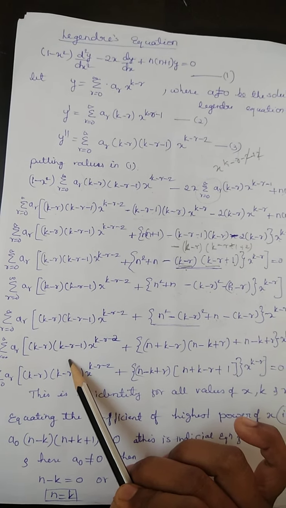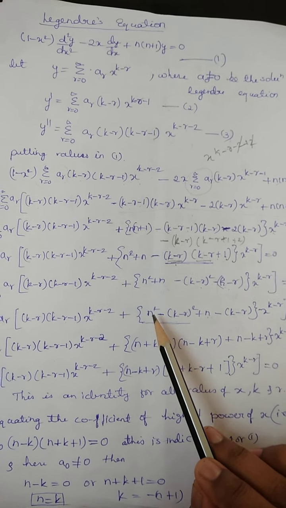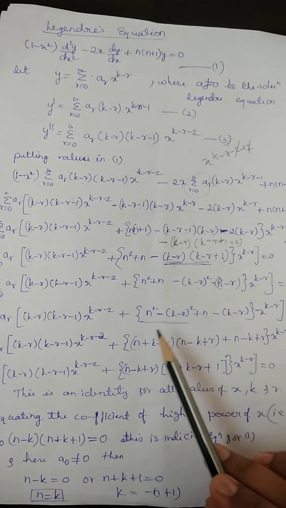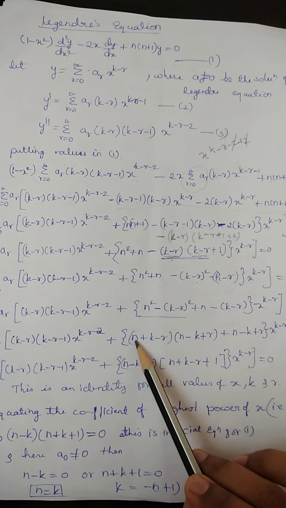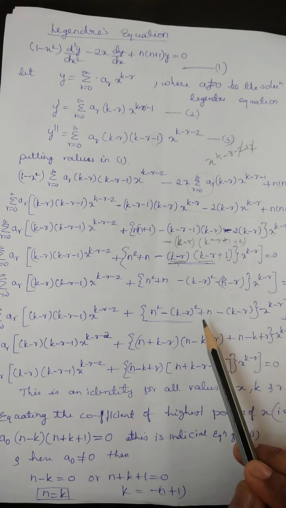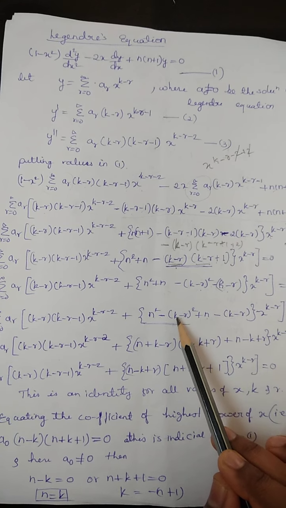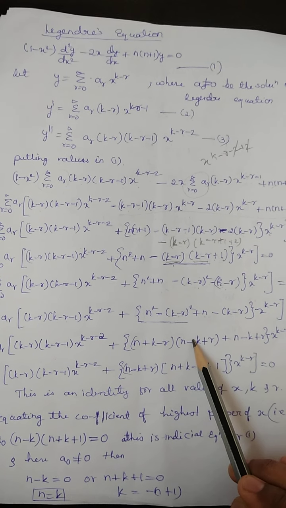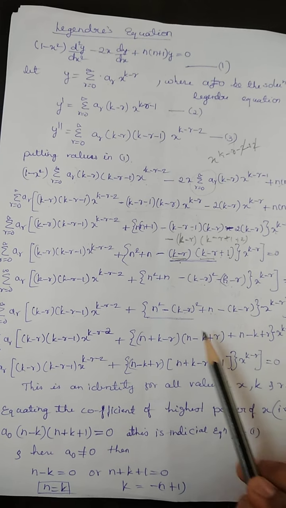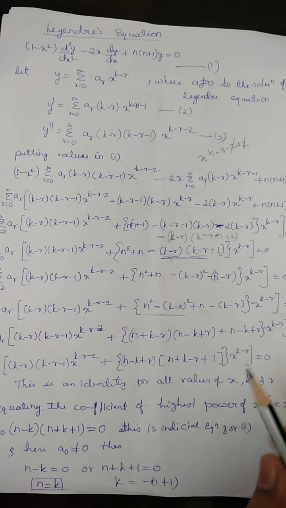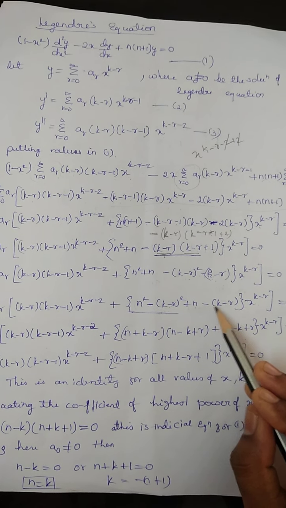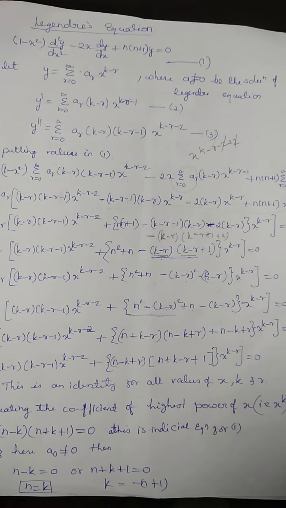Now this keep as it is. So it will be a square minus b square formula. See, a square minus b square, a plus b, a minus b. So a plus b, n plus k minus r. So a minus b will be what? n minus k minus r, right? So it will be k plus r. Already minus outside, and this minus gets plus. So n minus k plus r plus n, and this is minus k when you open this bracket plus r, x raised to k minus r.